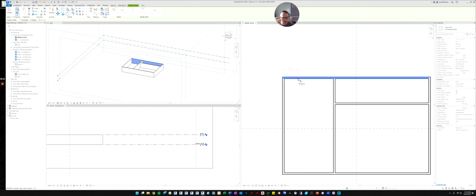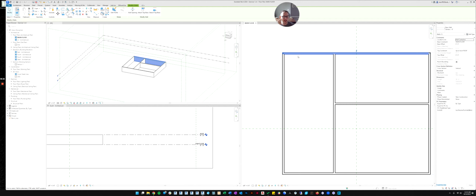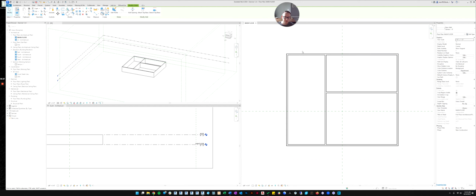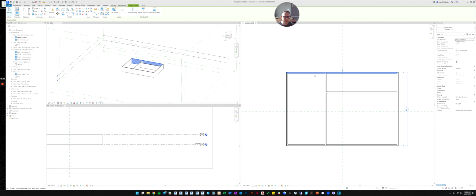We can click on the wall, set the direction, and then I type in 10, and it moves 10 feet. If I want to move it back, I click the wall, hit the move command, click once for the reference point, set the direction with the cursor, and hit 10 again, and it'll move it back. So the move command is pretty common.